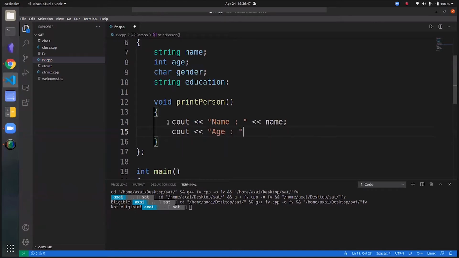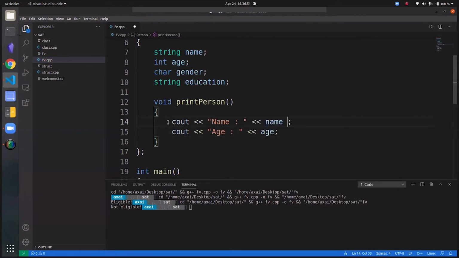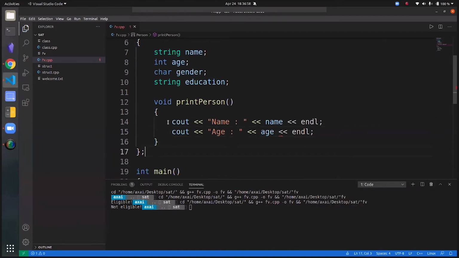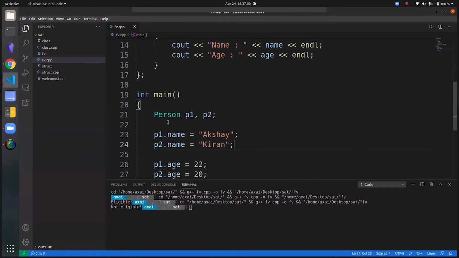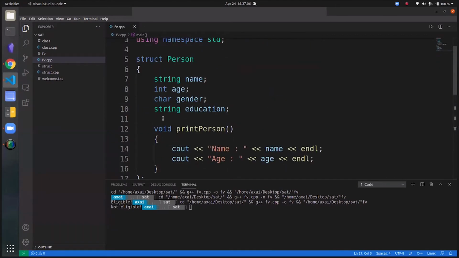As far as examples go, I feel like this should be sufficient. So we have a member function now.